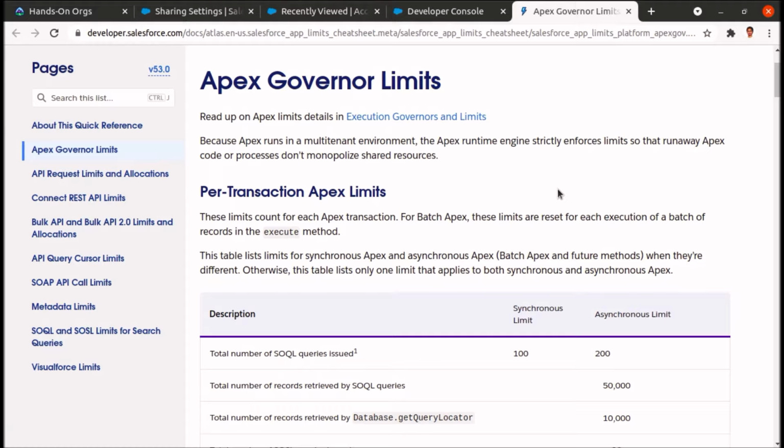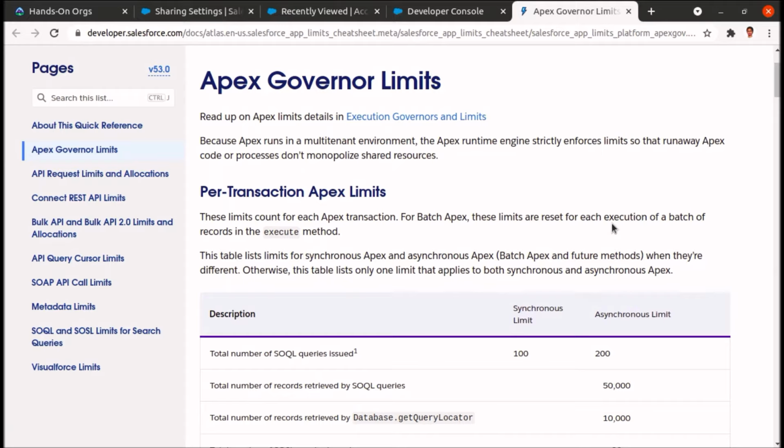As we know, Salesforce has to do this because of its multi-tenant architecture, where all organizations and customers share a single resource. If one of the governor limits is exceeded, an error will be raised and the program will stop. So if any governor limit is exceeded, there will be an exception and the program will stop.